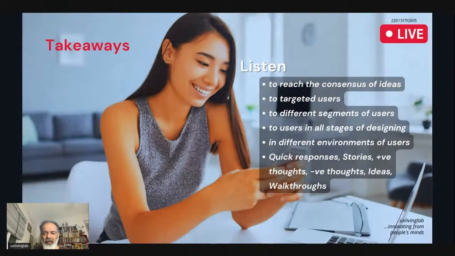Okay, what are the takeaways? We can conclude to listen to users to reach the consensus of ideas. Listen to targeted users. Listen to different segments of users. Listen to users in all stages of designing.